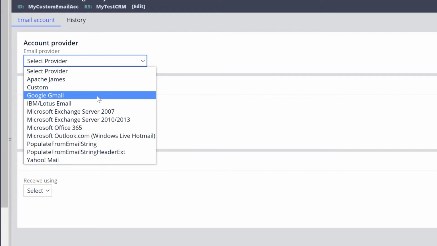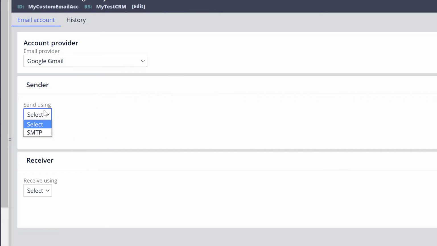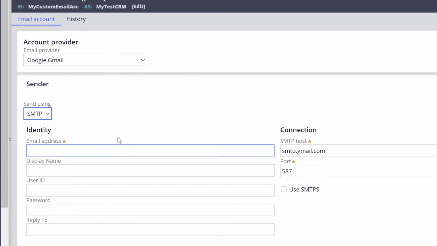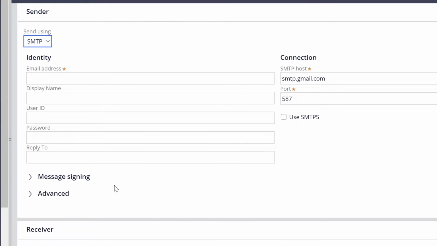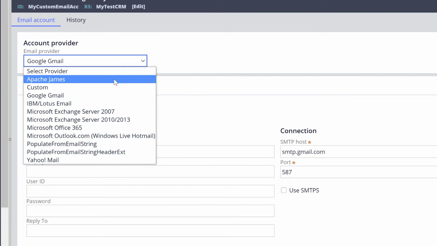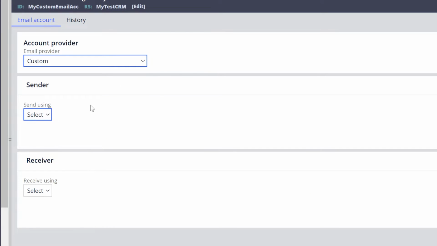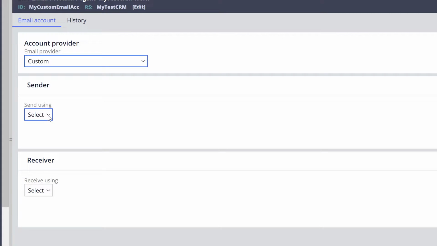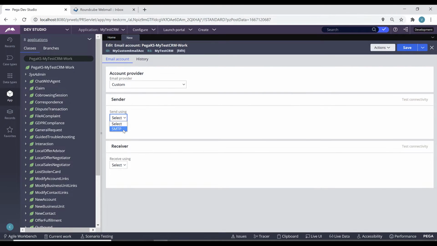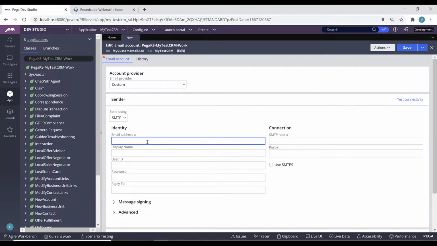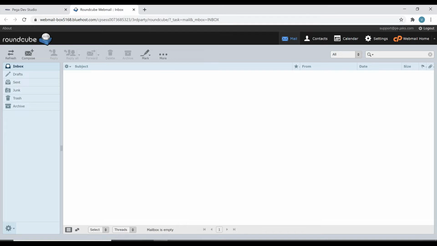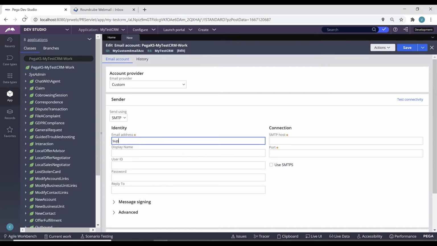If you want to use your Gmail, you can use your Gmail account to configure as SMTP. If you want to use your own custom provider, you can select custom. And in the sender details, select SMTP protocol. Specify your email address. Here my email address is support@pegaks.com.